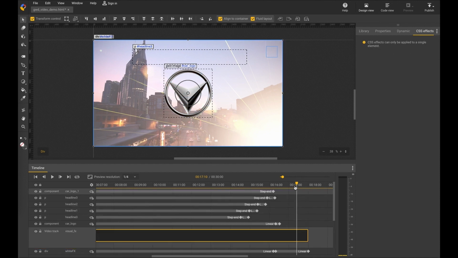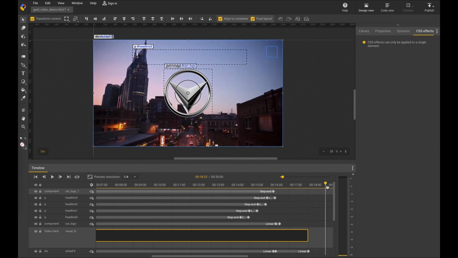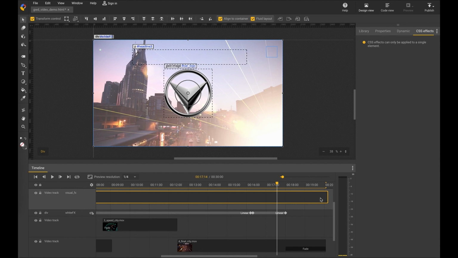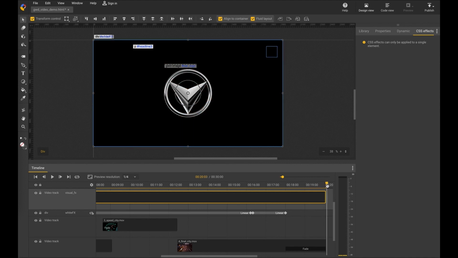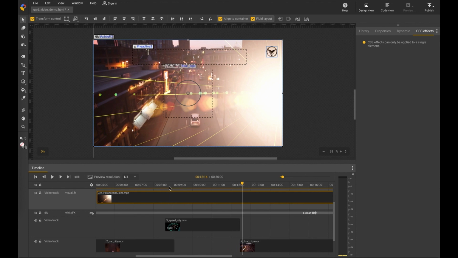Okay, it's stopping too early. So let's make both tracks parallel. Okay, this looks good.